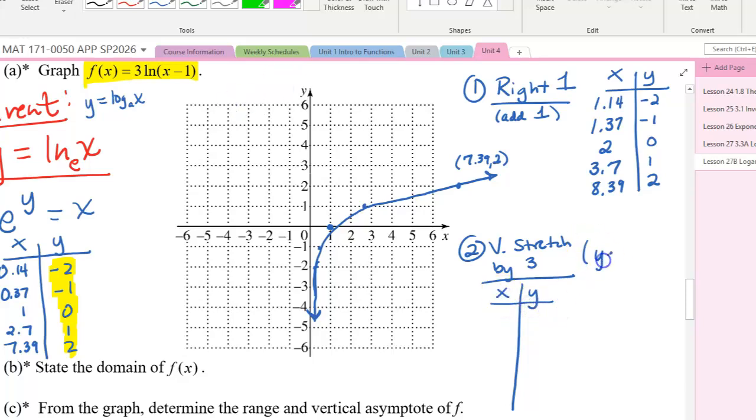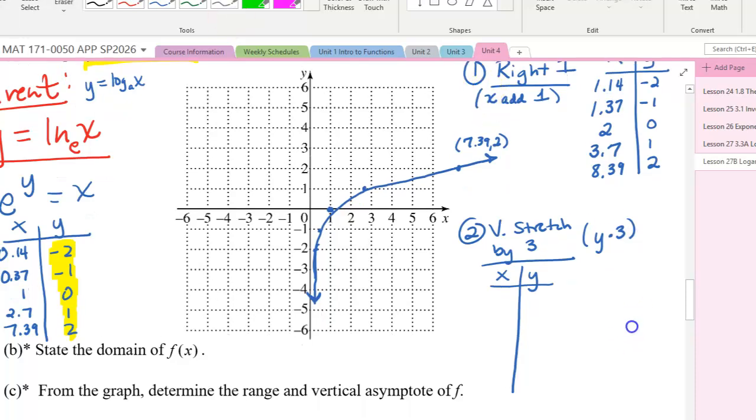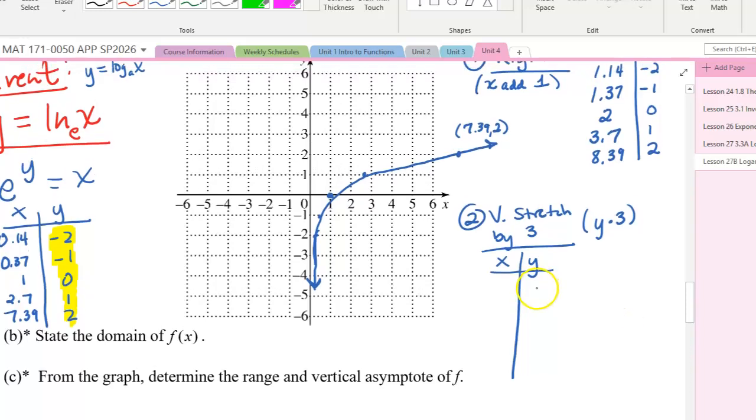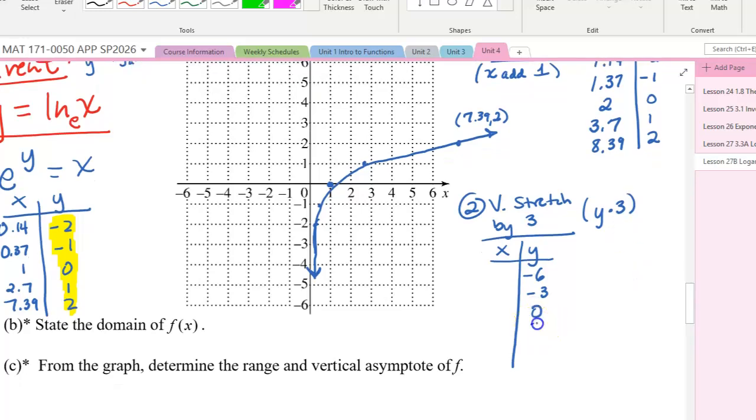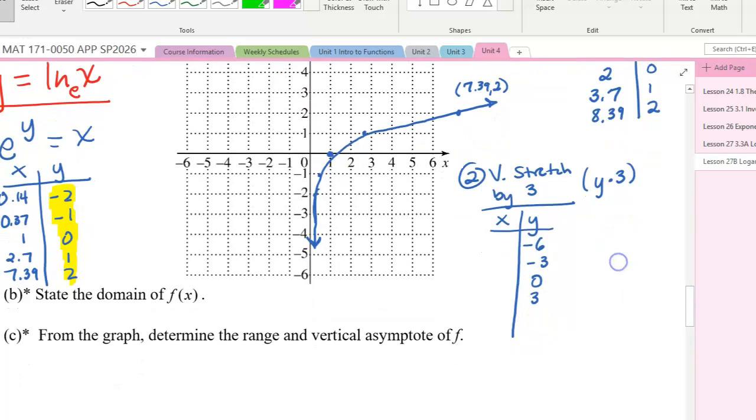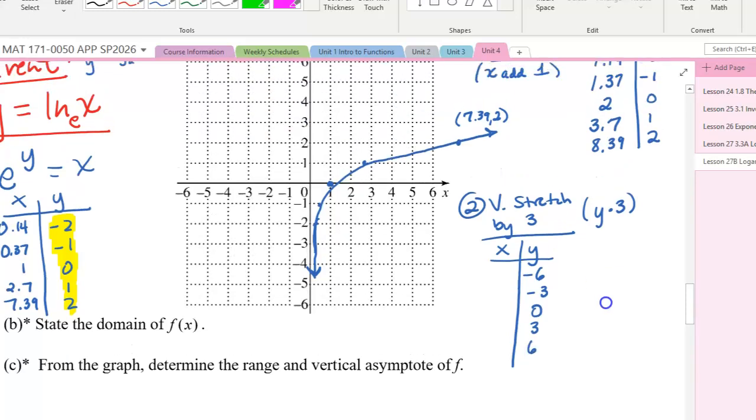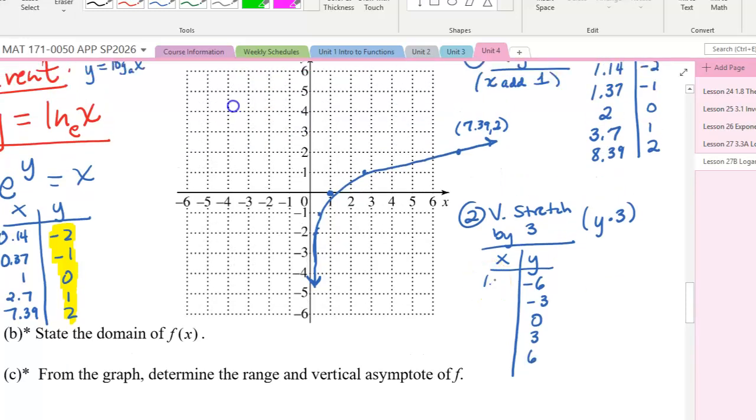Here I took x and added 1. All right, so negative 2 times 3 is going to give me negative 6. Negative 1 times 3 would be negative 3. 0 times 3 is 0. 1 times 3 is 3, and 2 times 3 is 6. Now if I rewrite my x values,